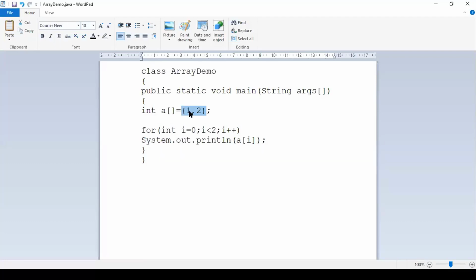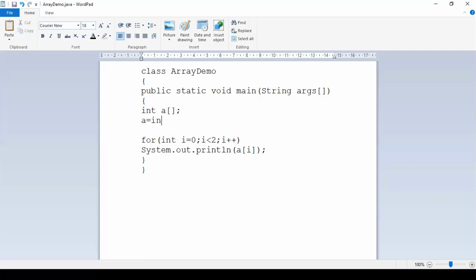But usually that will not be the case. These values will be given by the user dynamically, right? When a user is giving the values dynamically, you cannot directly initialize the values, right? So when you don't have a requirement where you can put values earlier before executing, you have to go with the two stages of array declaration. First I have to declare an array, then I have to use that particular array variable and specify that you wanted to go with new. You have to use a keyword called new, then specify int, and specify some size for that.